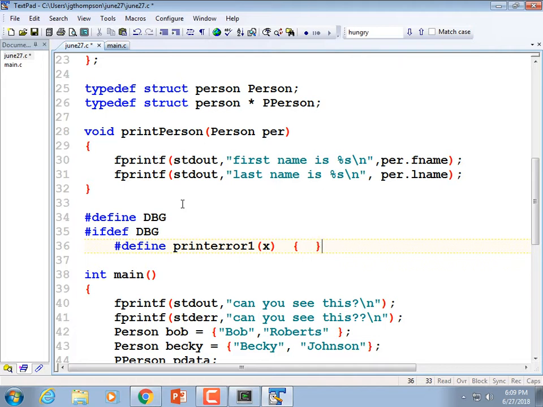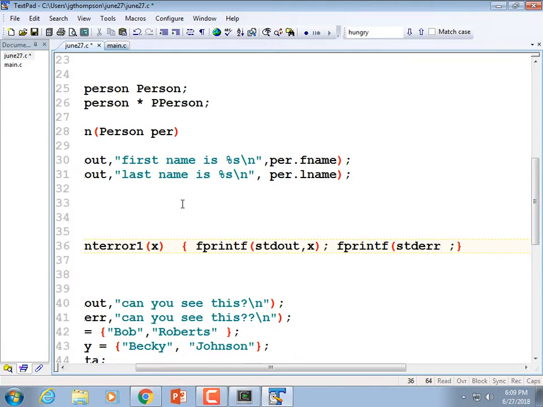Well, I'm going to put two little braces here to hold my code. I'm going to put a semicolon there. And this is going to say fprintf(stdout, X); and then it's going to say fprintf(stderr, X);